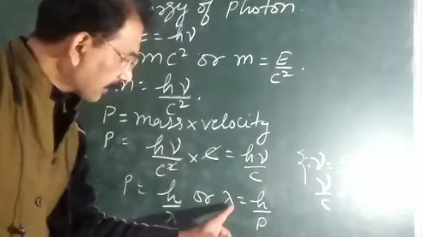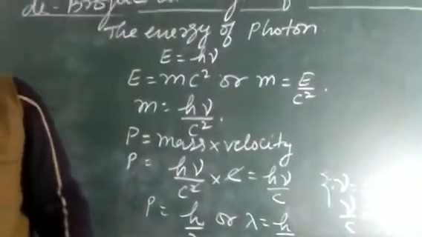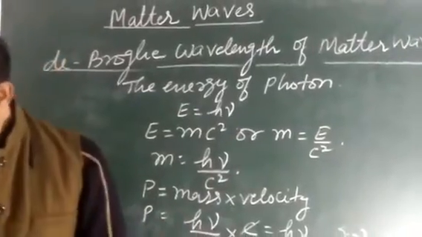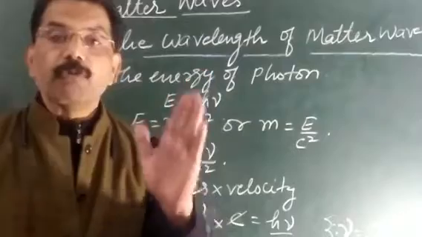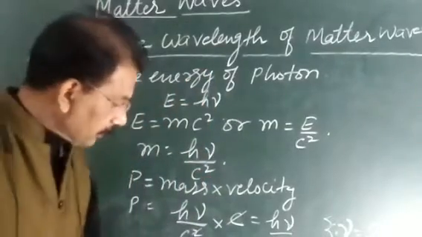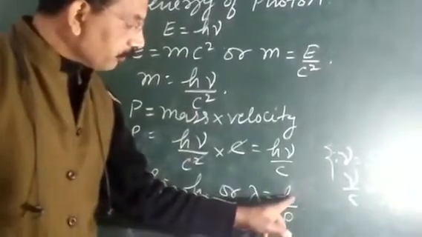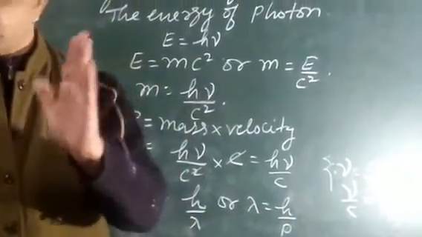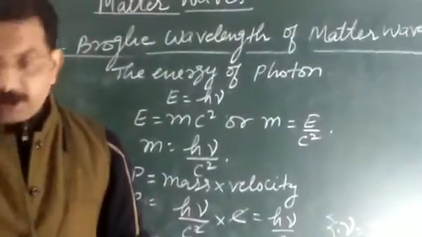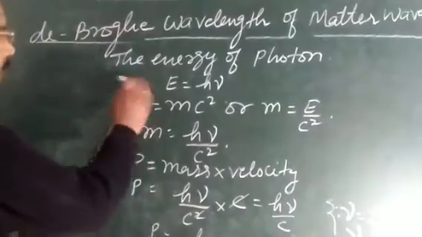So in this way we can find out the wavelength of the photon. But de-Broglie used these postulates for giving the wavelength associated with a moving particle. Remember this, this is the wavelength of the photon which you have calculated. And de-Broglie used this concept to give the wavelength associated with a moving particle, in analogy with light, which is given by,